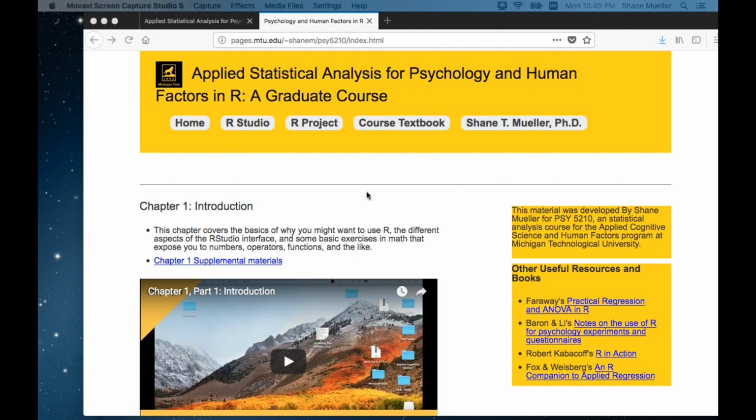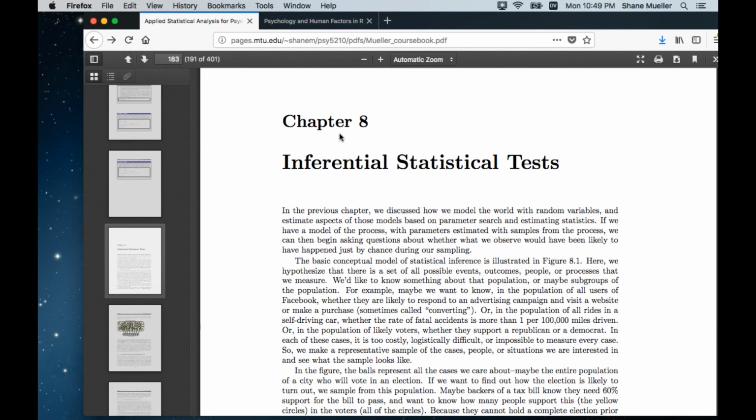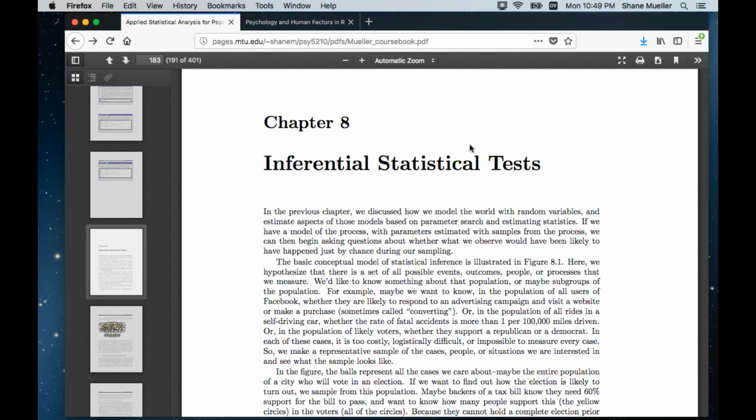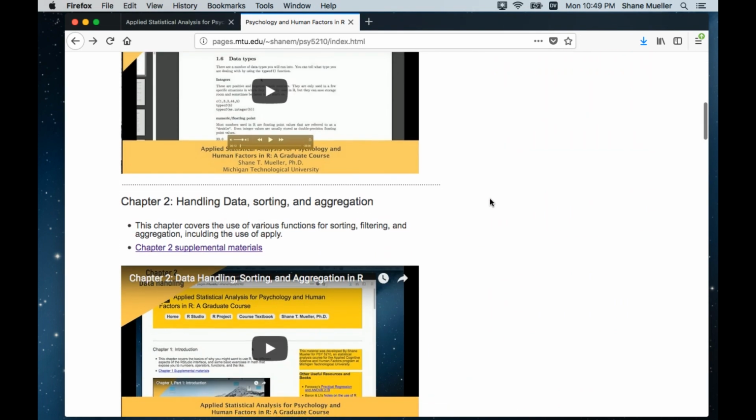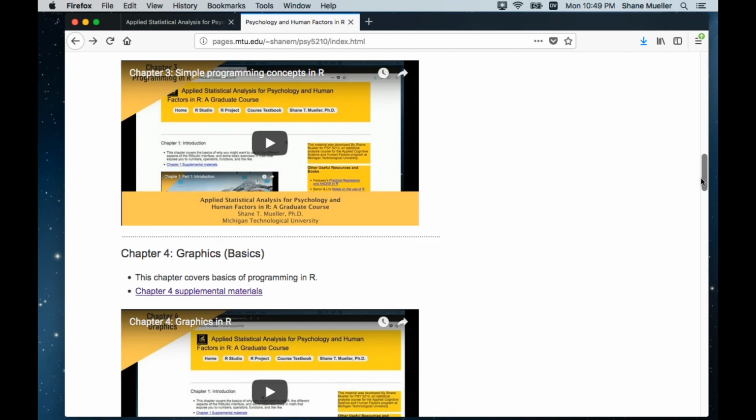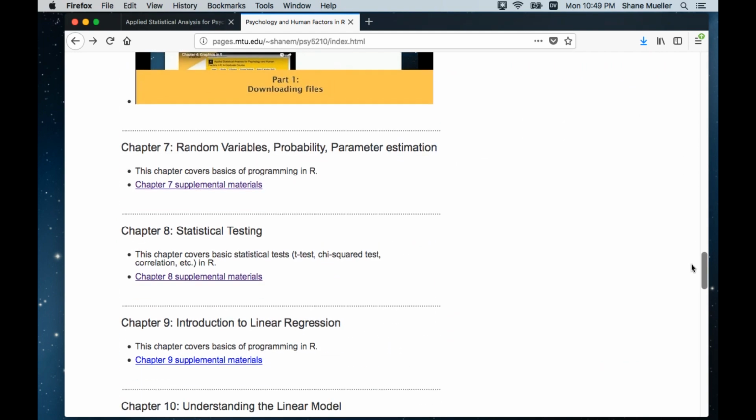And today we're going to be talking about Chapter 8 of this book. The book is available through this link here, and I have it open in another window. So we're going to be talking about Chapter 8, Inferential Statistical Tests. Let me go back here, and you can get all the material